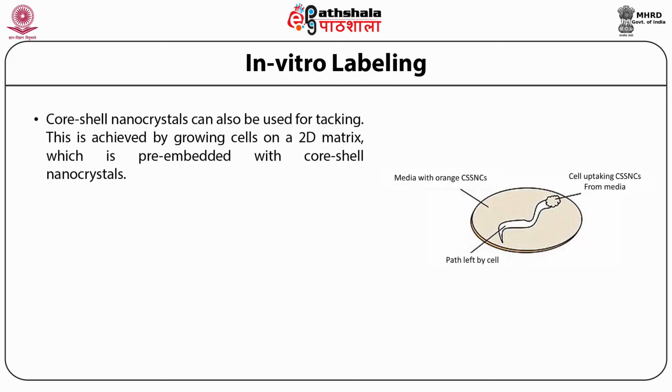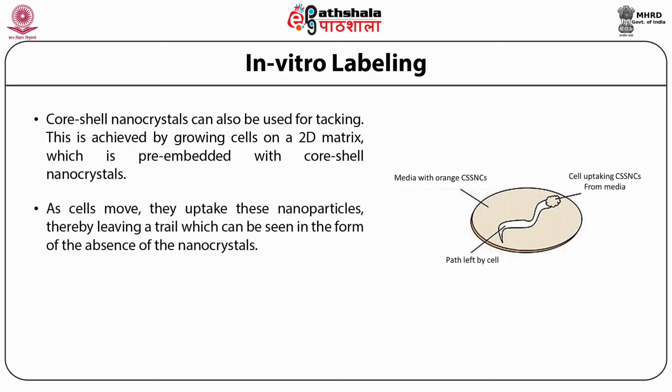Core shell nanocrystals can also be used for tracking. This is achieved by growing cells on a two-dimensional matrix which is pre-embedded with core shell nanocrystals. As cells move, they uptake these nanoparticles, thereby leaving a trail which can be seen in the form of the